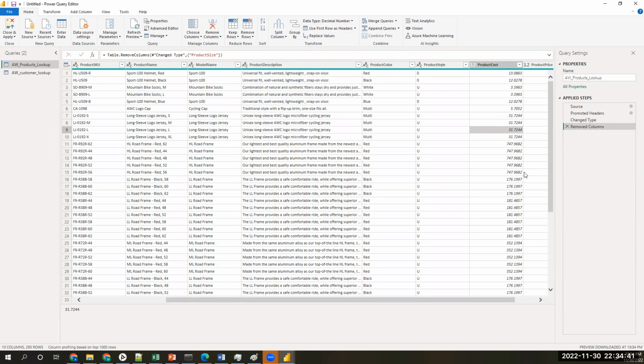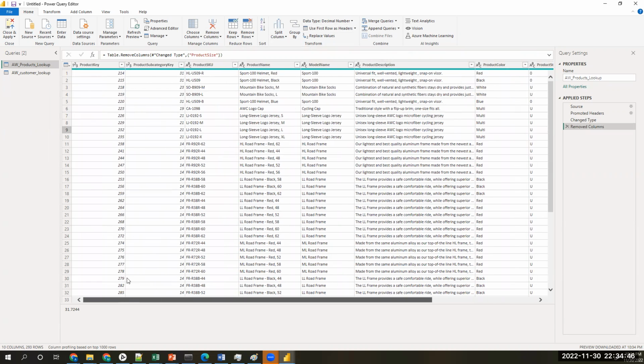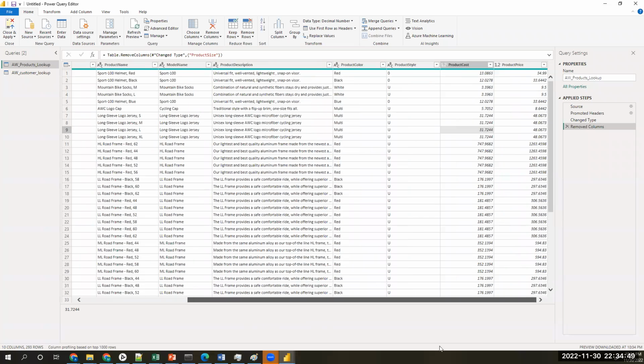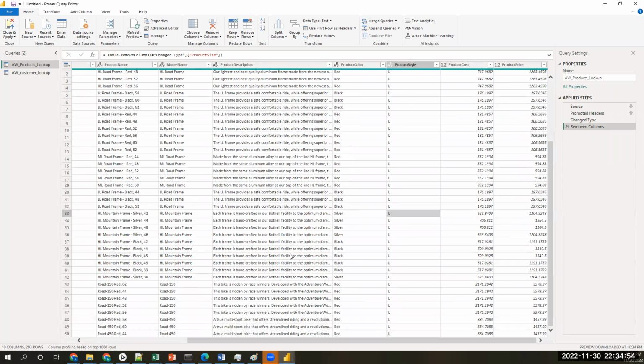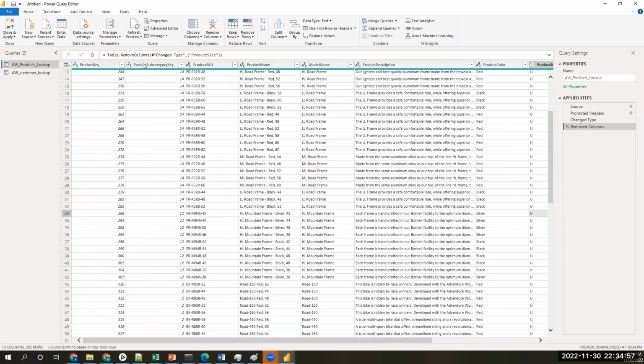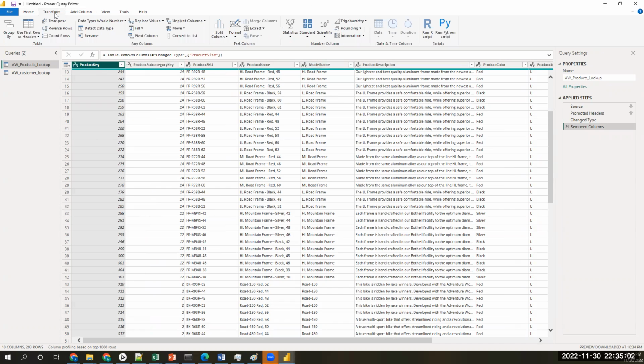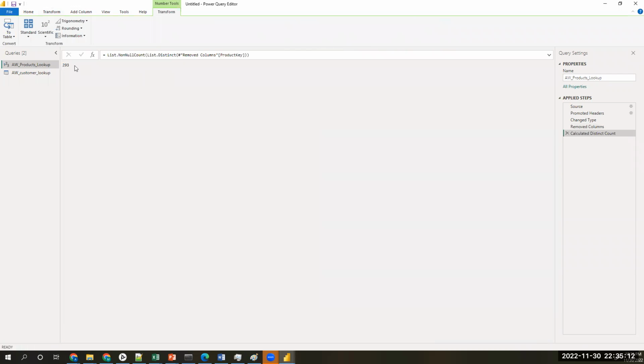Now next, we performed some specific operations, right? We need to perform some specific operations related to numbers. If you're able to observe, product key is there. In that, some specific fields are highlighted. If you click on statistics, count values and count distinct values. How many distinct values are there? 293. If you don't want to see this thing, just you need to